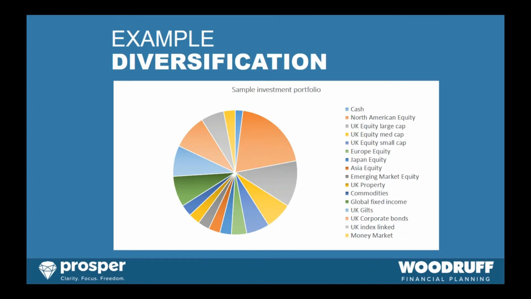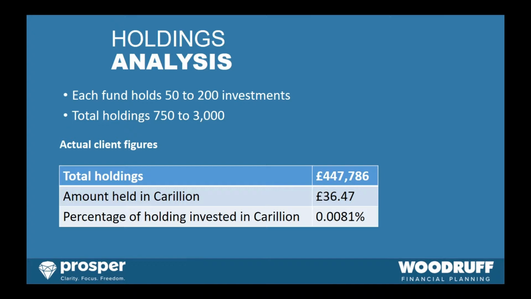So how does this work in practice? If you think about holding 50 to 200 investments within each sector, and there might be up to 15 sectors within one of our model portfolios, your total holdings could be anything between 750 and 3,000. So you're spreading yourself nice and thin so that when something like Carillion happens in your portfolio, it's not a catastrophe. We take this very seriously, and when these things happen, we aim to be in touch with our clients as soon as it happens, just to reassure them that the worst isn't going to happen to their money, because they're investing significant amounts of money with us.